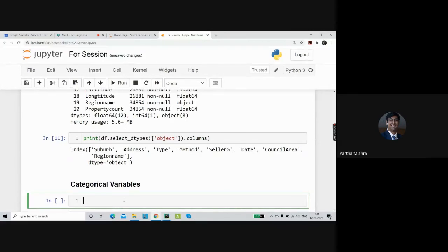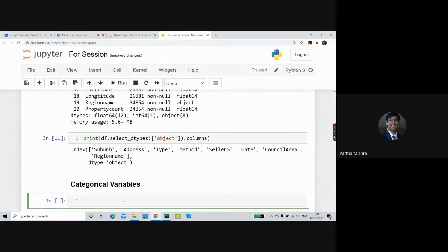Now the next important thing that we have to do is change these columns into categories. Because if we just pass in a string to a machine learning algorithm, it will not do any kind of analysis on that. So the next best alternative that we have is to convert it into categorical data.